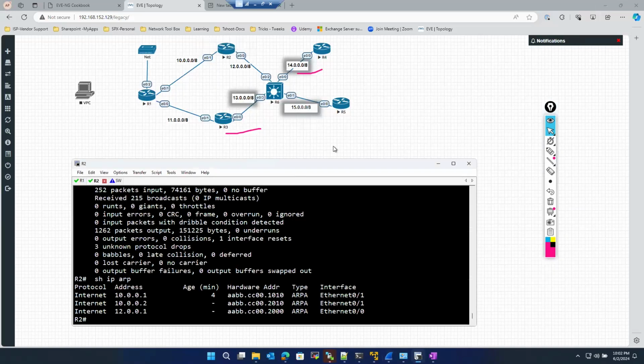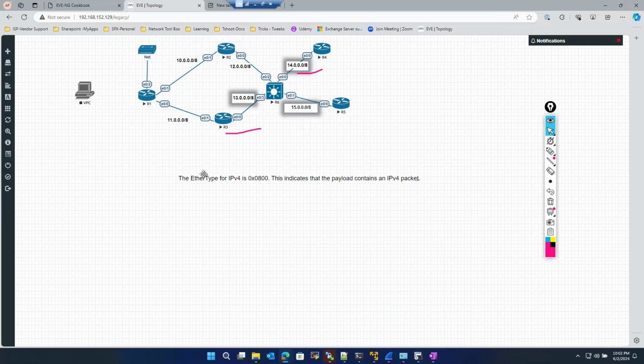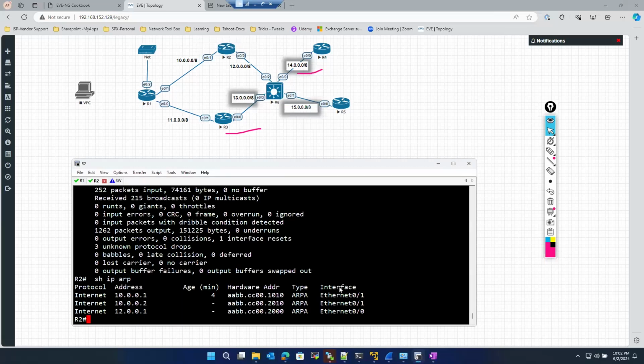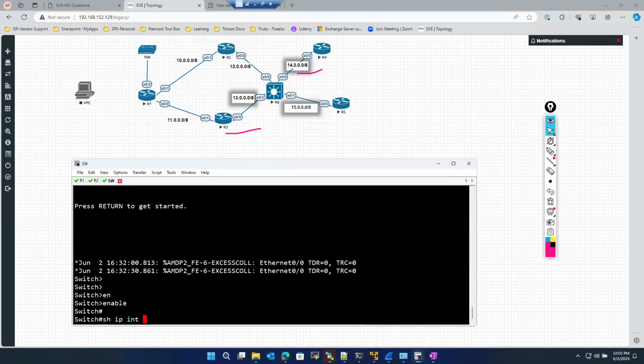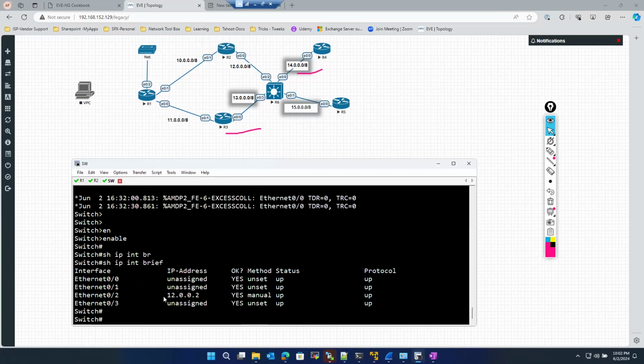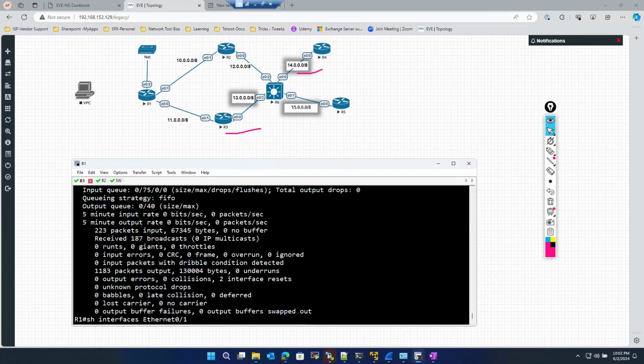So let me create one more device here. Let me add one more device. So coming to R6, right? Let's jump back to R6. So IP interface brief. 12.0.0.2. So if I do a ping to 12.0.0.2,